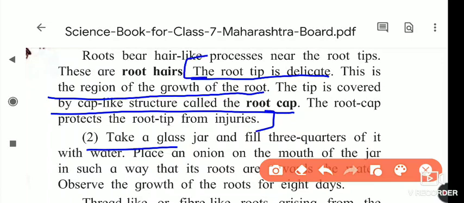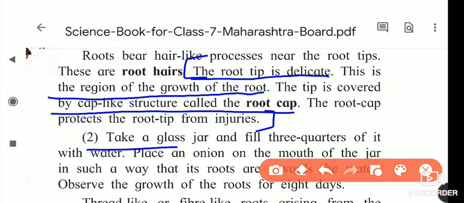As you know, roots grow, and then they can absorb water and minerals from more and more roots. As the plant grows, it requires more water and minerals. If the root tip gets injured, then the growth of the root stops, and that is why the root tips are covered with the root cap, to protect them from injuries. So that is the answer for the question, why root tips are covered with root caps.